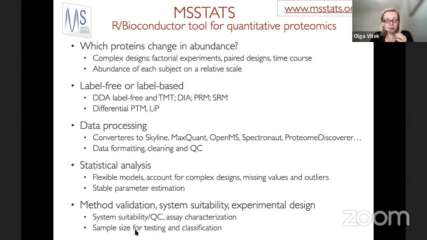And something which we do already, and we're interested in doing more, is using the data sets that we analyze as a pilot study for something else. So for the next experiment, we can learn the extent of variability from the current data set and try to understand what would be the minimal sample size and also what would be the optimal allocation of resources for a follow-up experiment which uses the same measurement workflow and the same type of biological material, but maybe wants to gain more sensitivity or answer slightly different questions. So this is really the scope